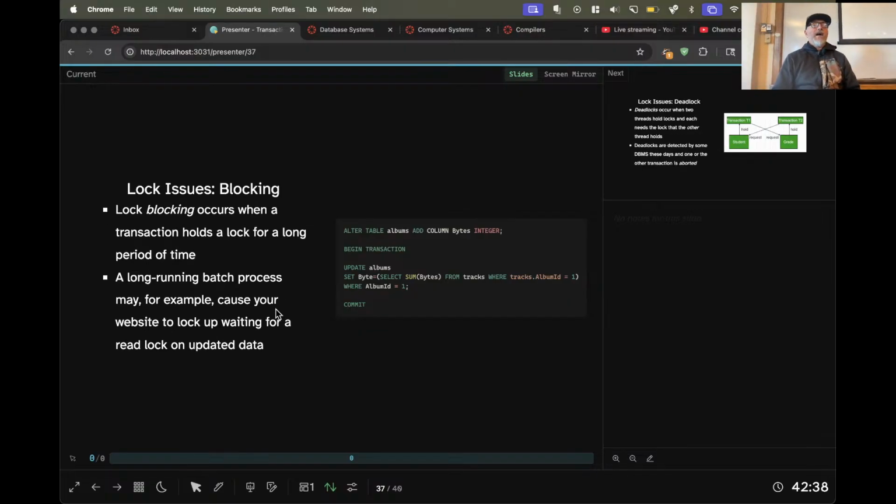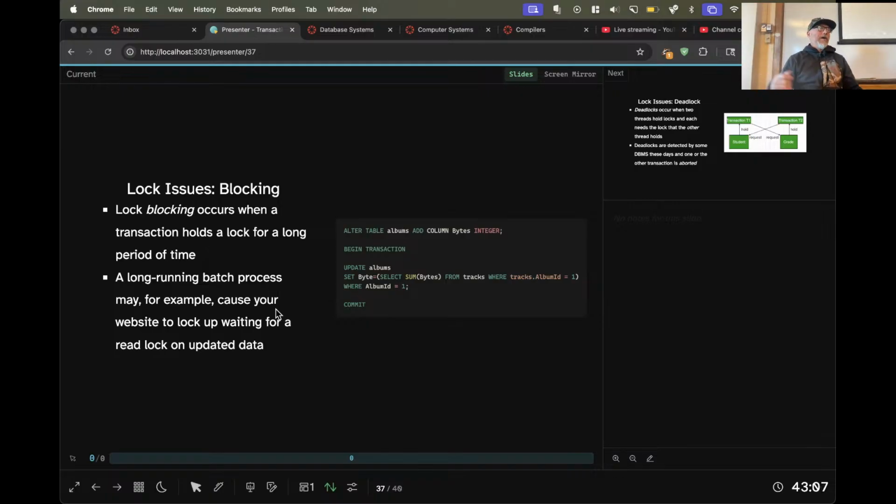Another issue with locks is what's known as blocking. This comes up when someone acquires a lock in a long-running process. So someone starts a transaction in a batch server and then starts inserting data in some batch process. And that batch process takes half an hour, and then they commit. The database is going to sit there locking rows and tables quite happily as long as that thing's going on